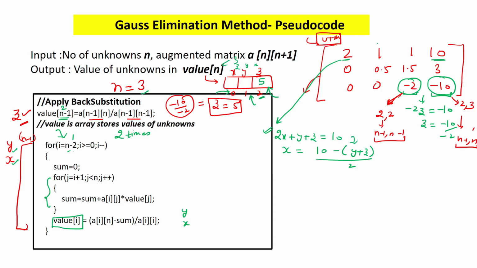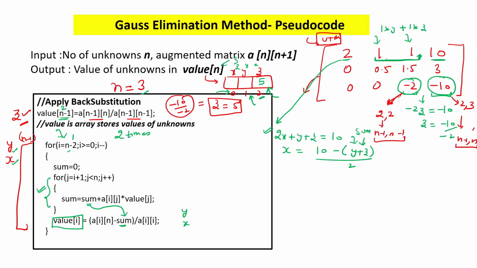That is, I have to take the help of these coefficients plus the value of y and z. So it is like we have to find 1 into y plus 1 into z. So I will use all these coefficients and find the sum. So this is actually sum, and the same thing I have written here. This is the same sum that I am using here. So to use this sum here, I am repeatedly finding the sum in this loop.